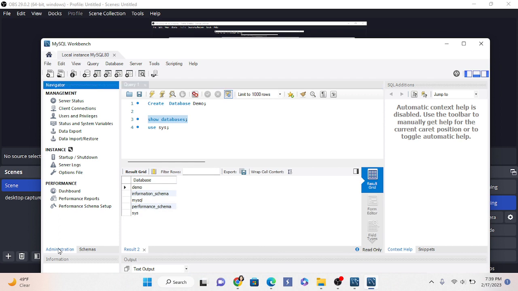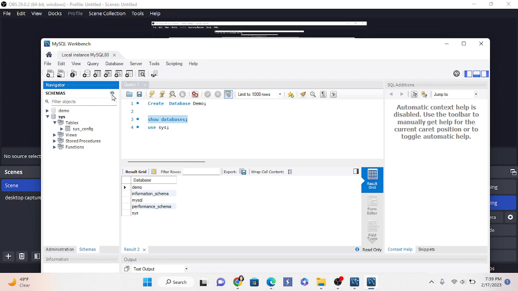After creating, we have to go to Administration, Schemas, and refresh. We have to refresh regularly to see. Now this is the new database which we have, and this demo will only be visible when you click this refresh button. So now